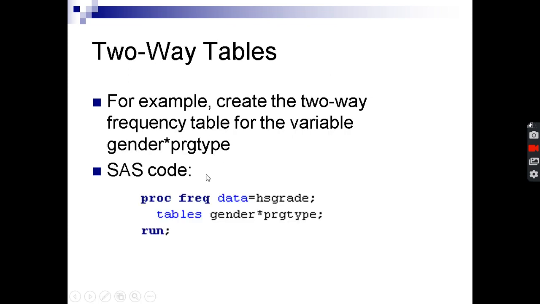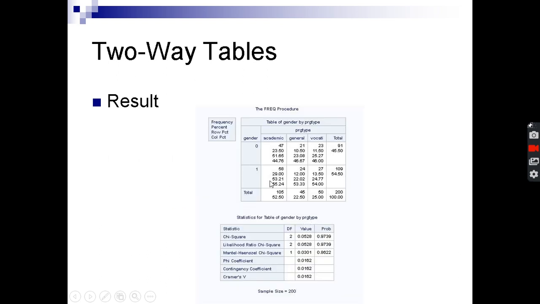So let's create the two-way table by gender and program type. You specify the tables statement with gender star program type. Then you get the table by gender and program type. Gender 0 for female with academic is 47 people, female with general is 21, and so on. And then you can get the row proportion